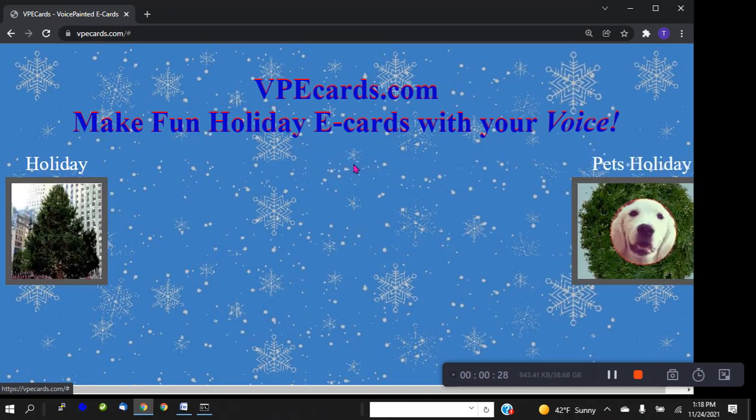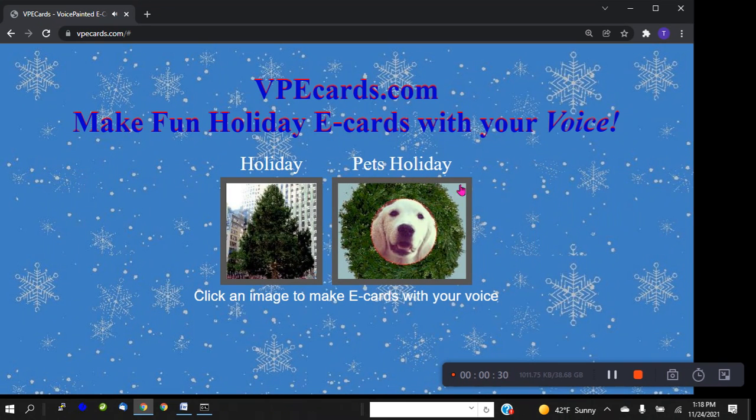Click start, and you'll see images for two web apps, as we call them because they run in the browser, that appear. One is for holiday cards, including appropriate holiday images, and the other is for pet owners who can upload images and photos of their pets onto their cards. I'll start by showing you the holiday